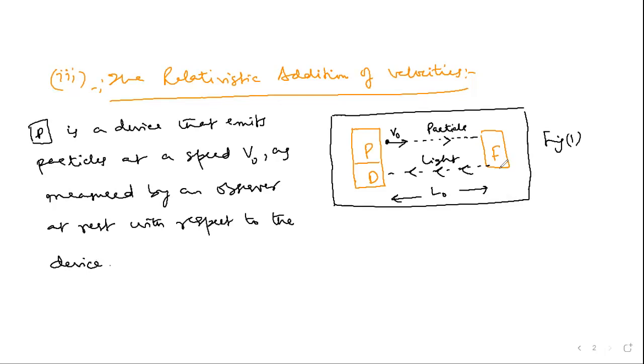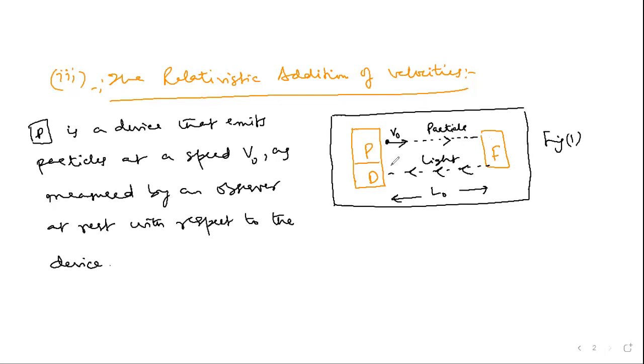Now this flash bulb, when struck by a particle, is triggered and it emits a light beam. That light beam makes the return trip to the detector, right? So our timing machine is now detector, particle emitter, and flash bulb. The particle emitter emits particles at speed V naught. They hit the flash bulb, they trigger it. When the particle strikes the flash bulb, it emits light. Light travels back to the detector D. So now our tick is